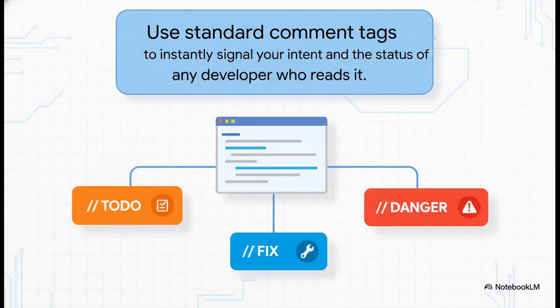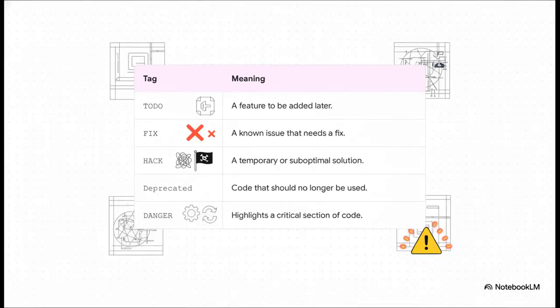All right, so if you want to take your comments from just being helpful notes to being real professional communication, you can use these standardized tags. It's basically an industry-wide shorthand that instantly tells any other developer what's going on with a piece of code. And this table really shows just how powerful this shared language can be. You see a simple // TODO: implement user profiles, and boom, your team knows exactly what's next. A // FIXME: bug 123 creates a direct link to your issue tracker. And a // DANGER: do not modify without consulting the security team, that could prevent a major disaster. This isn't just commenting. This is communication with surgical precision.